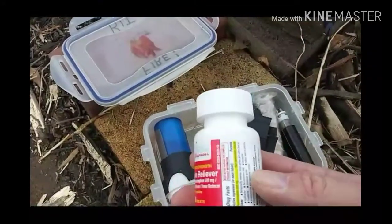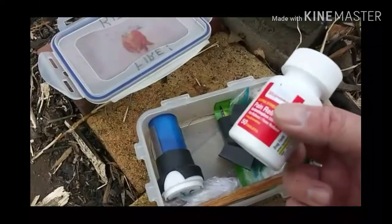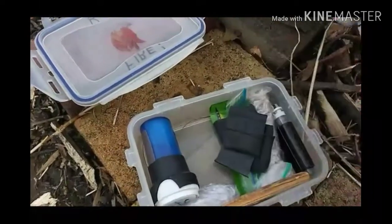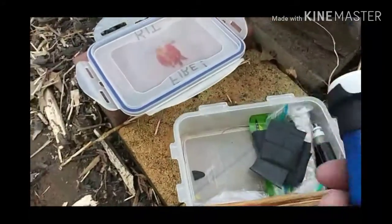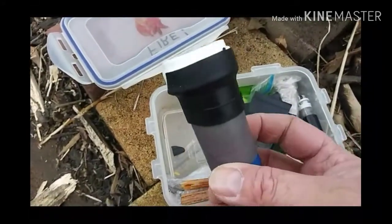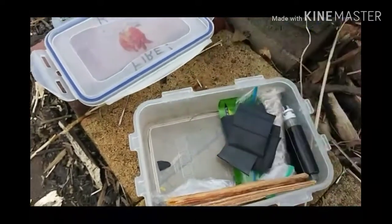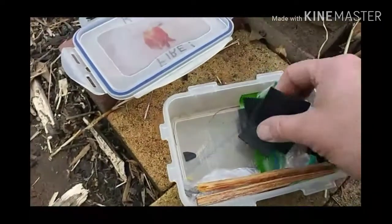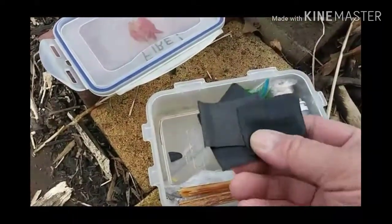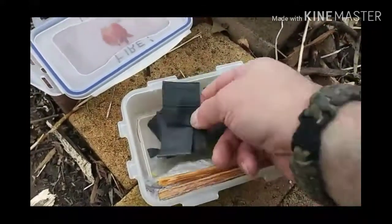I have a container of waterproof matches with a striker inside of them. I have a waterproof pill container with petroleum jelly soaked cotton balls for fire starter. I have some pieces of old inner tube. The inner tube is great because you can light one of those with a lighter and it'll stay lit for